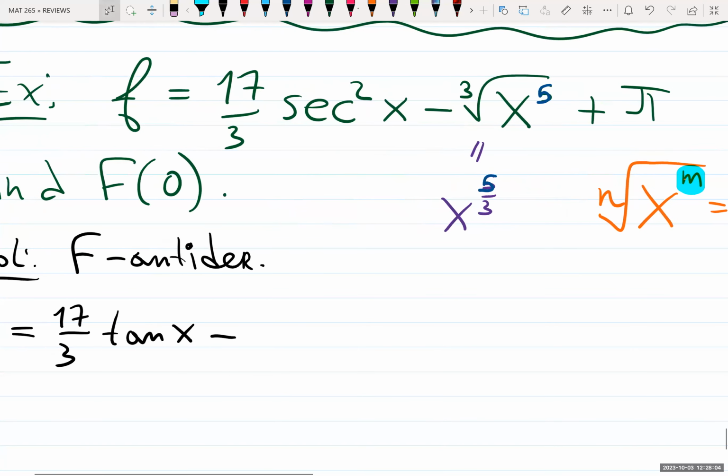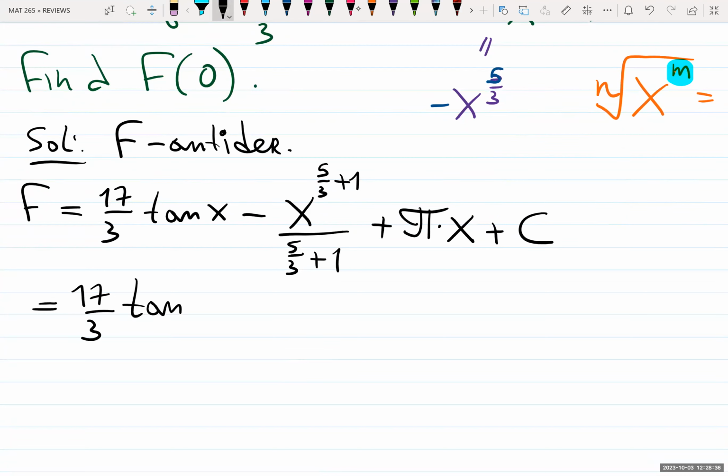Those are roots. So also it was negative, don't forget. So it's negative x to the 5/3 plus 1, over 5/3 plus 1. And the beauty of it, you only need to calculate it once, and then you just copy the answer to the denominator. And there's also pi. What gave me pi after differentiation? Pi x. That's what gave me pi after differentiation. Let's rewrite it. Nice. 17 over 3 tangent x minus